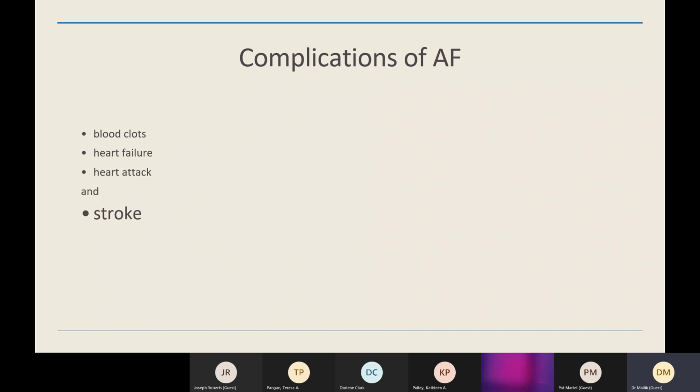If someone has atrial fibrillation, they don't have prominent symptoms, and their heart rates are really fast for a long period of time, eventually the heart does wear out, and patients can get heart failure. Also, if the heart has been beating really fast, it can cause a heart attack as well. So while those are important aspects, the one thing we are going to focus on today is risk of stroke.